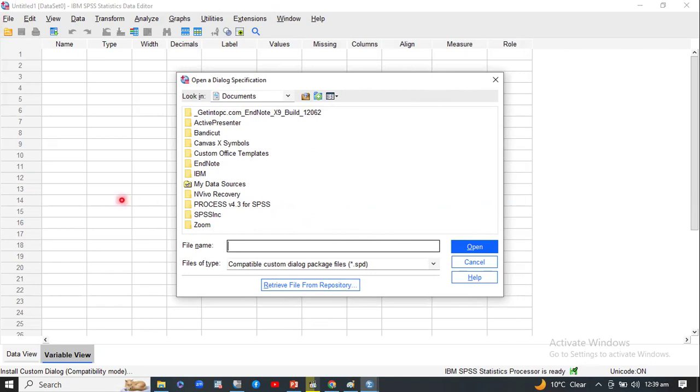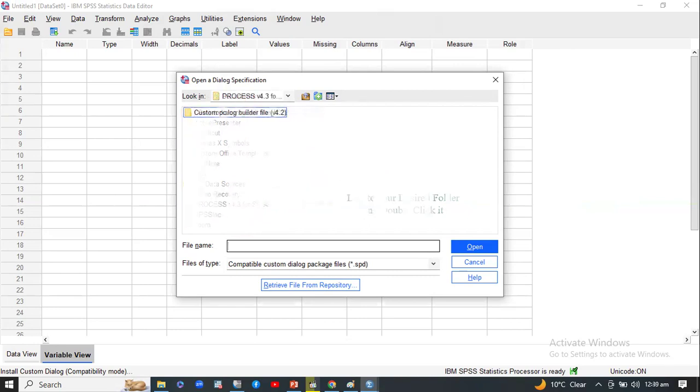You need to locate your extracted folder. If it is not here, you need to click the Look in box where your download is appearing. If it is in the Downloads folder, you need to select that, and then locate your particular folder like this. You need to double click this folder. It will open up and show you the custom dialog builder file, version 4.2. You need to click it. It will open up